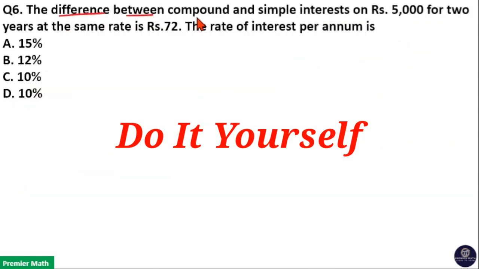Difference between compound and simple interest on rupees 5,000 for 2 years at the same rate is rupees 72. The rate of interest per annum is